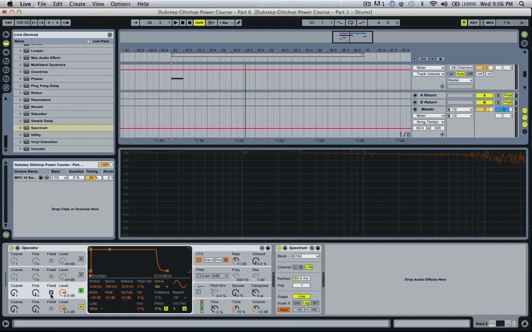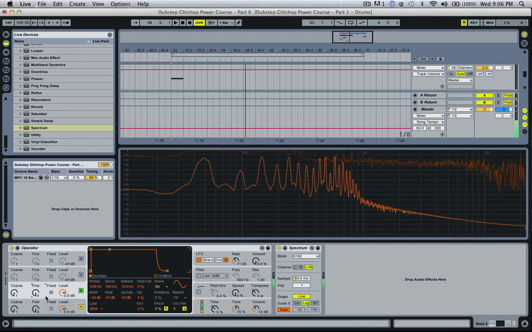So by taking it off fixed, this operator is going to oscillate at the same pitch as this oscillator, except this oscillator is going to be oscillating the pitch of that oscillator, and that oscillator is just going to be putting out the actual sound of the oscillation vibrating. So to give you an example,